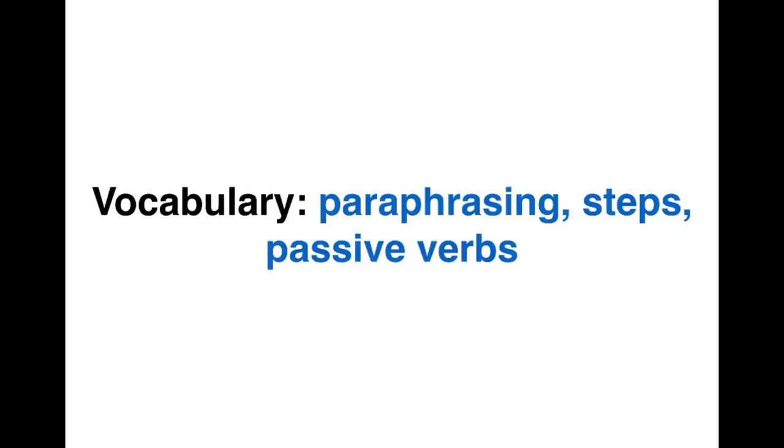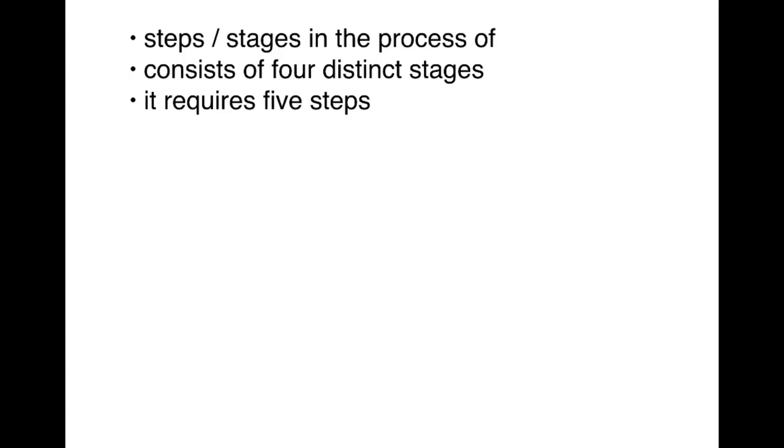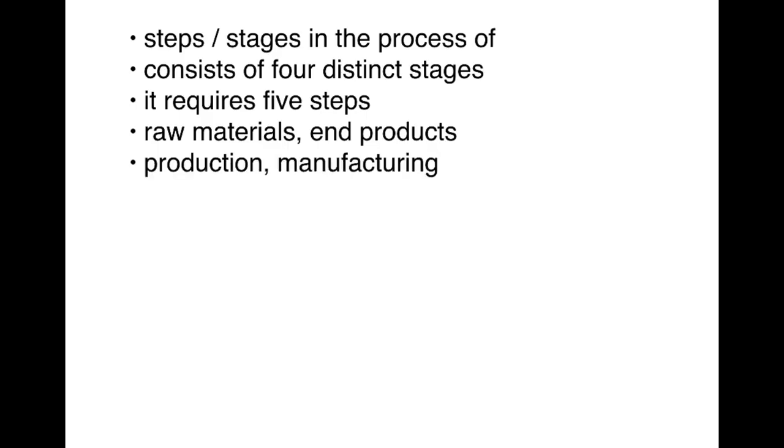This time we need to look at paraphrasing, steps language and passive verbs, and maybe one or two other good items of vocabulary that I used in the report. We've got steps or stages in the process of, consists of 4 distinct stages, it requires 5 steps, raw materials, end products. I almost always use those 2 phrases in this type of report because a man-made factory process starts with raw materials and always ends with end products. Production, manufacturing,